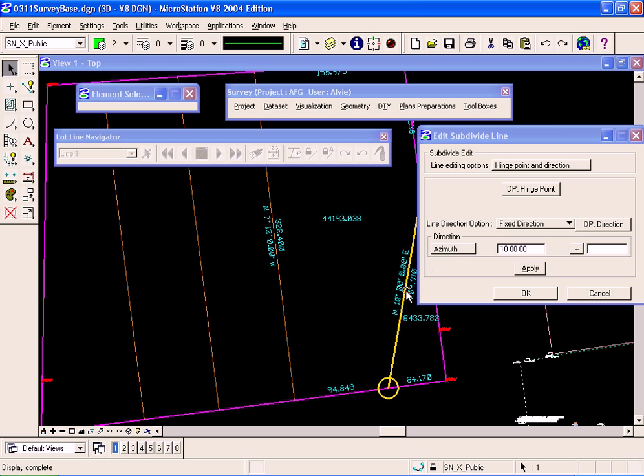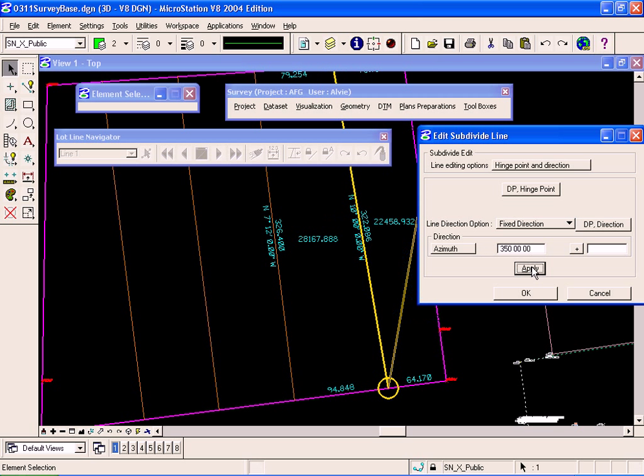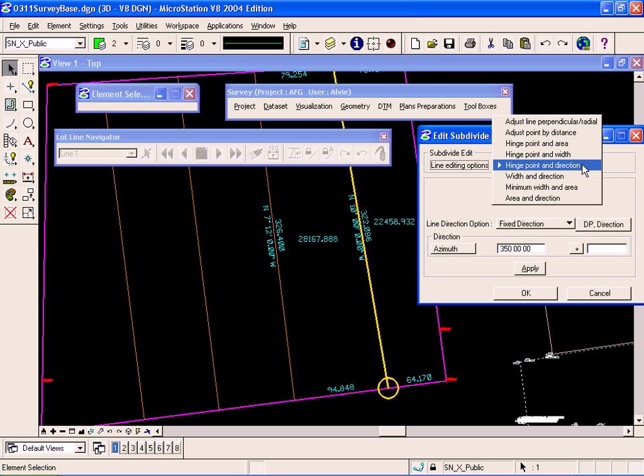Obviously I was incorrect in my direction specification here, but this is easy to fix. I'll change this azimuth to be 350 degrees and then click apply. And now we'll see that I have an azimuth or bearing of north 10 degrees west. I'll click update view to refresh my graphics, and then we'll go and look at the next option here,